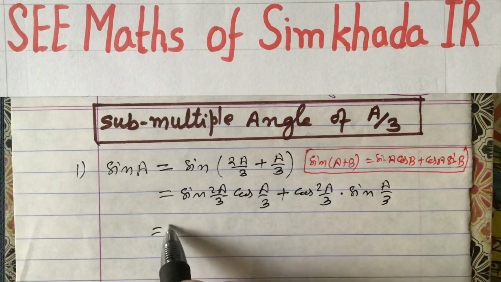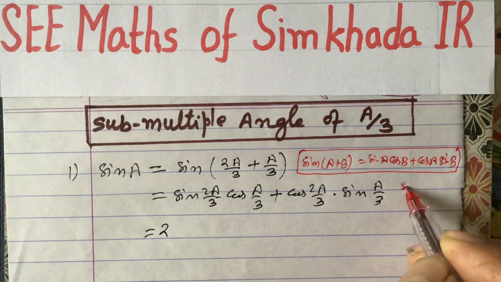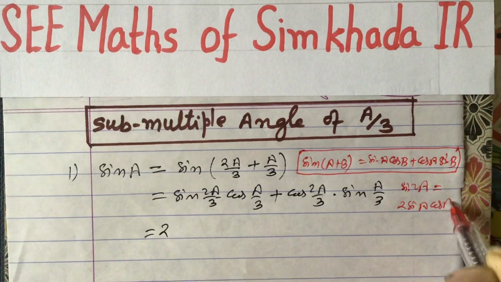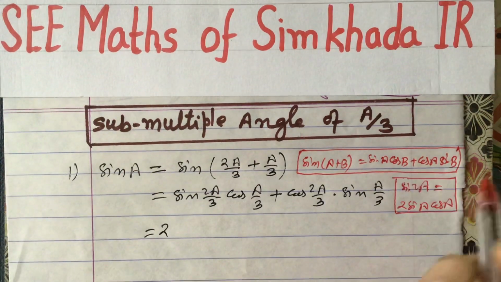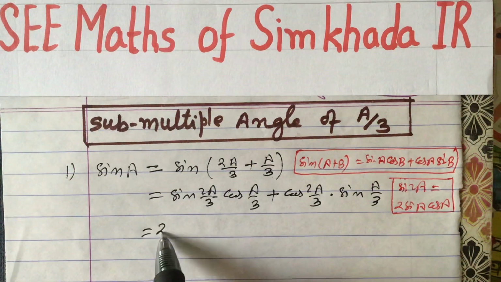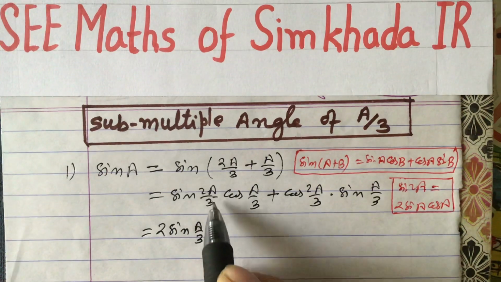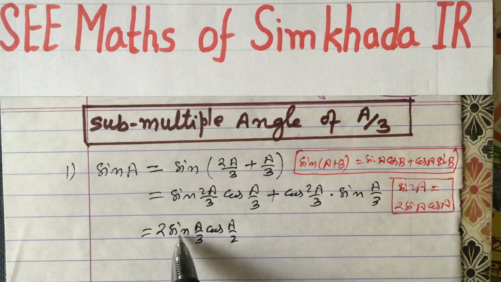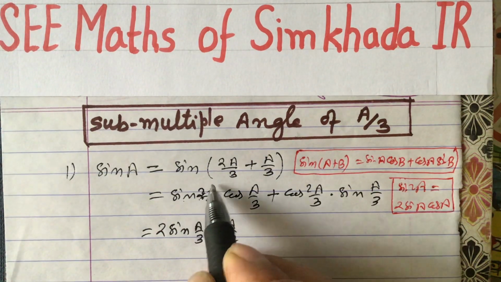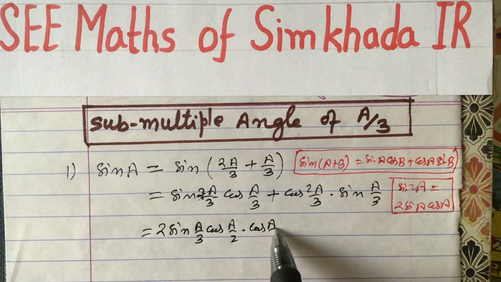So sin 2A formula is, I will write here the formula also. Sin 2A, this formula already we have learned. Sin 2A is equal to 2 sin A cos A. This formula we have learned in multiple angle chapter. So instead of the sin 2A, we can write 2 sin A means A by 3 and then cos A means A by 3. 2 sin A cos A. Sin 2A, this is 2A, okay? 2A means A by 3. And then cos A by 3 as it is we can write cos A by 3.